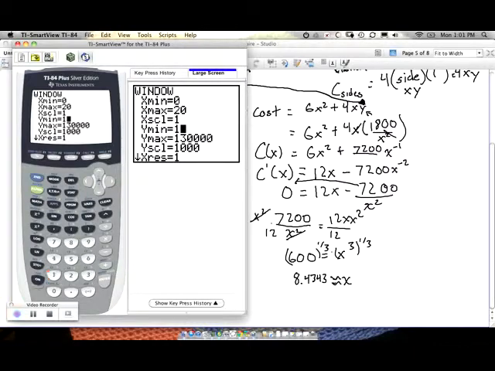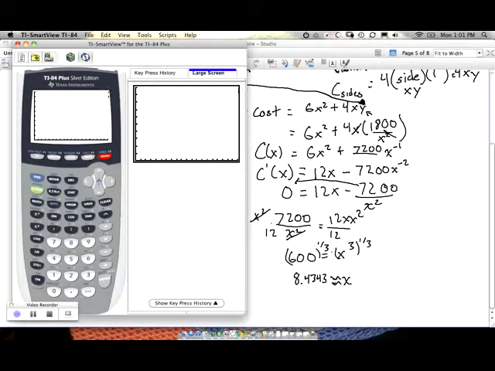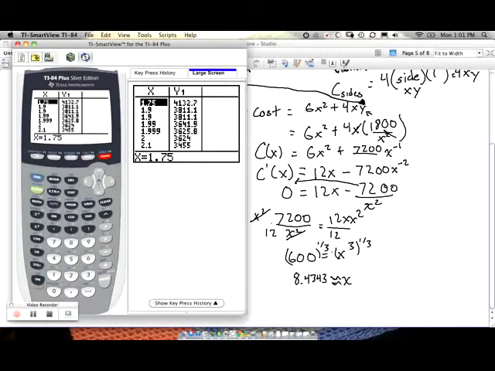Oh, whoops, that's going to be our 0, so clear that one, and we'll make it a 0. 0 to 1,000, and we'll go by a scale of 100s. Let's see what we graph. So we're not even getting anything here. Let's look at our table, see what values we get there. So we got huge numbers. Those are huge. All right. Well, in that case,